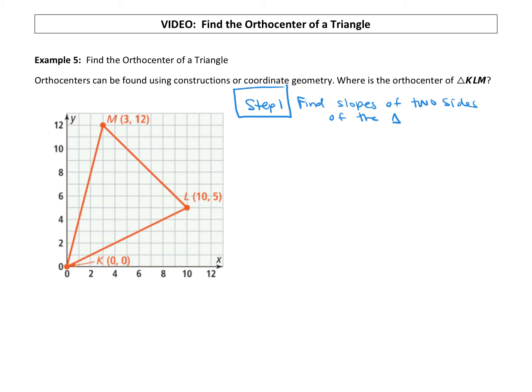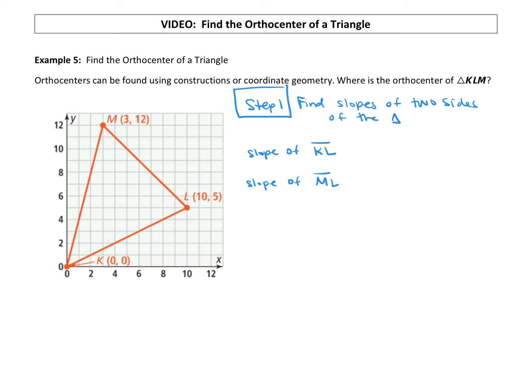So let's find the slope of KL. And let's also find the slope of ML. If you notice, we're not using side KM, and that's okay. We just picked two sides. We're going to find the slope of each side. We could have used MK in there if we wanted to, but we just picked the other two. All right, so the slope of KL from K